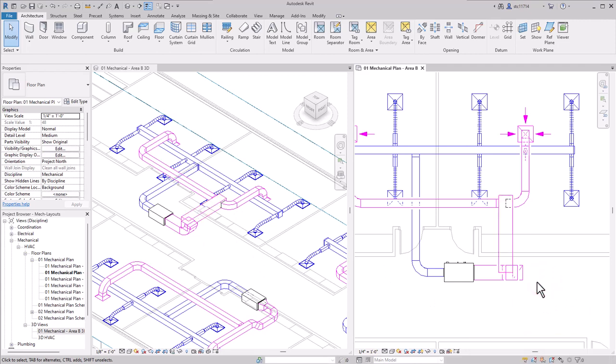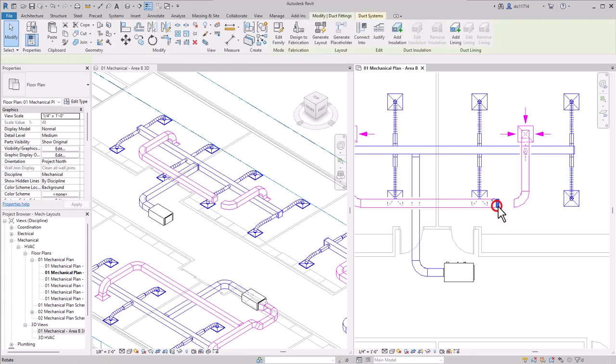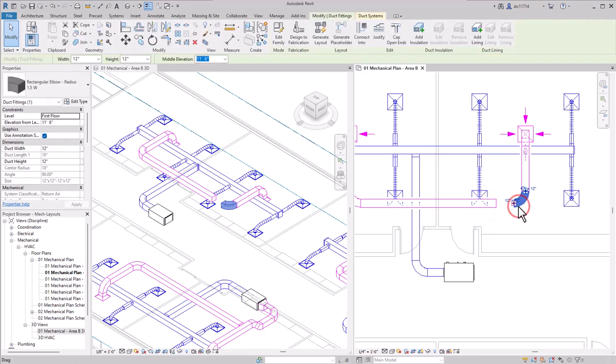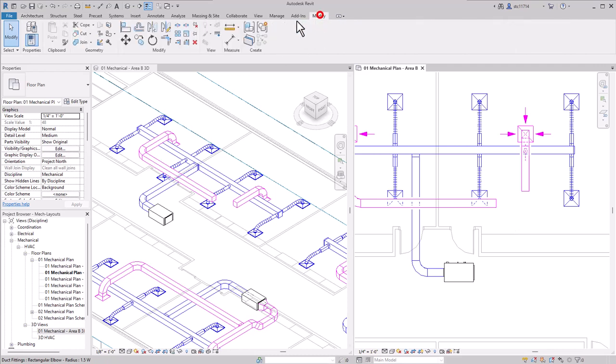So sometimes you can get the auto generate to be pretty well perfect like it was on the supply. Other times you might have to do a little bit of work, but that still might be preferable to drawing everything in manually. So I'm going to clean this up a little bit here. I'm going to delete each of these pieces coming straight out of the air handler. I'm going to go ahead and delete the fittings here, and then I'll use my corner trim to put these back into a corner.